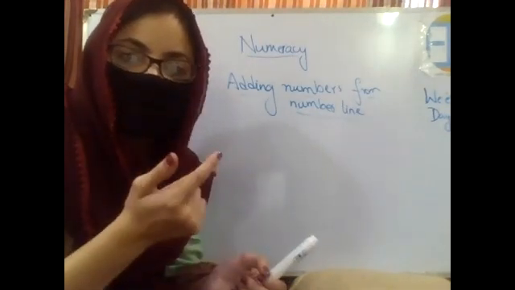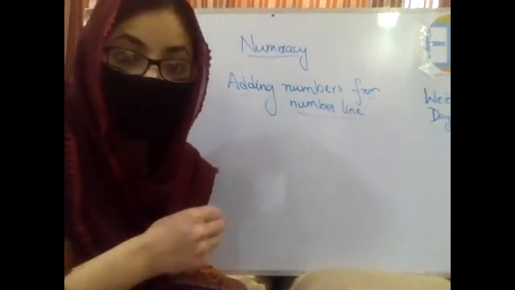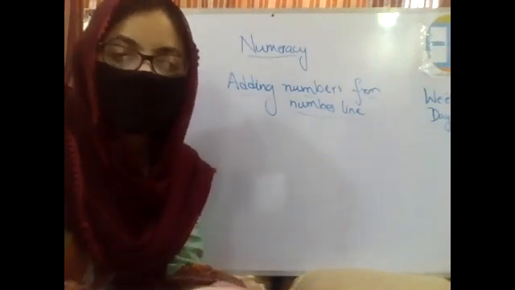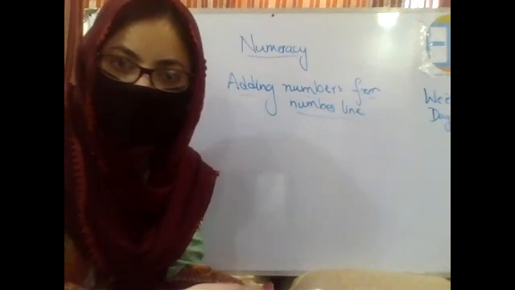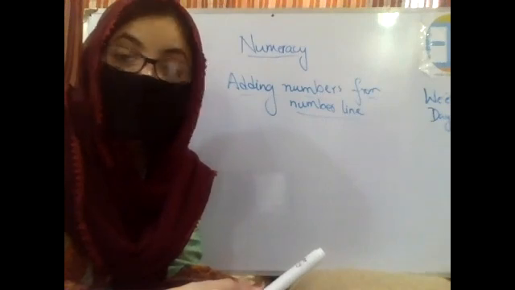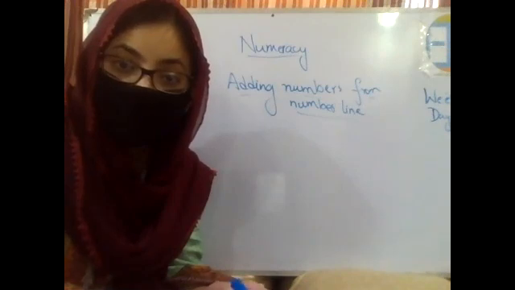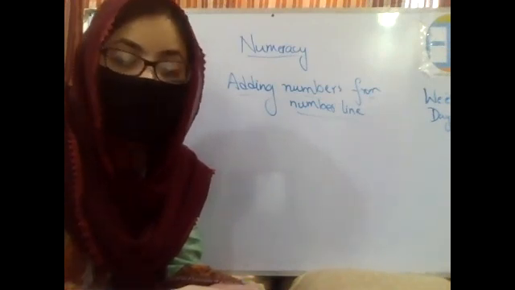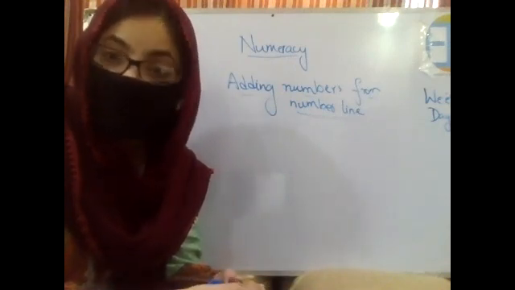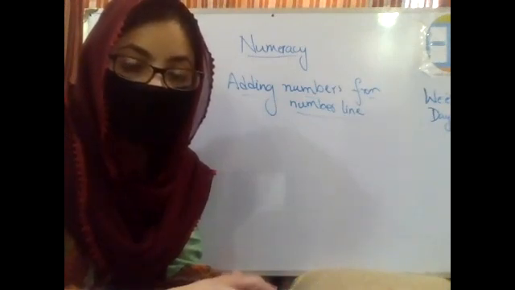Okay, so let's first refresh ourselves. I'll be asking you a few questions and you are supposed to answer me very quickly, within seconds. Elise, you tell me what comes before 7. 6. Very well done. Ahmed, what comes after 5? 6. Very well done. Ali, what comes between 13 and 15? 14. Very well done. Sarah, what comes before 20? 19. Very well done. Who is going to tell me what comes between 25 and 29?